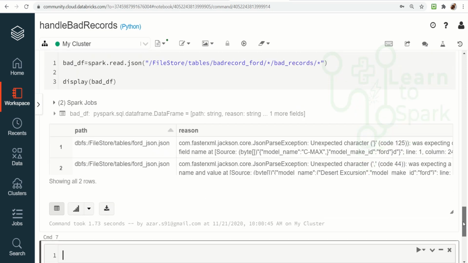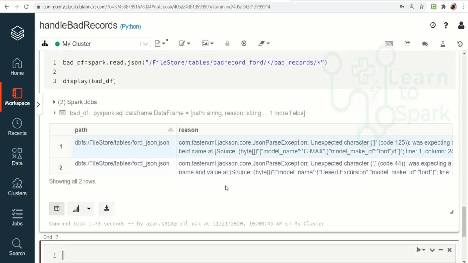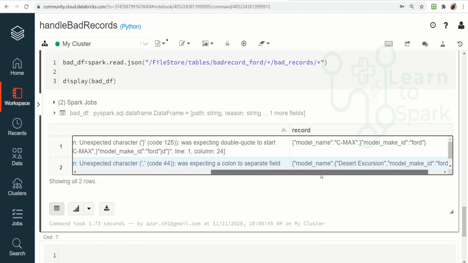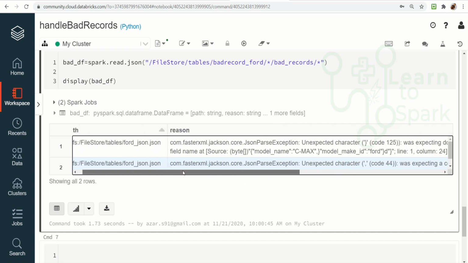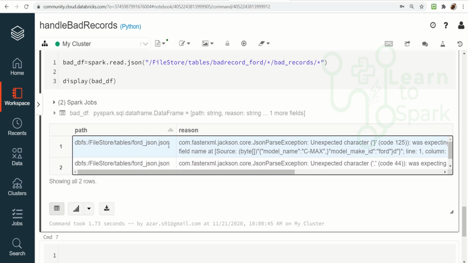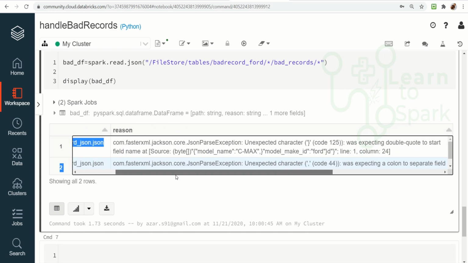So you can find the path and the reason, and also we will get the records as well. So in this way we will be able to analyze what is the problem with the bad records that we are getting on a daily basis. We will get the file from which the failure has occurred, the corrupted record, and the reason for the failure.